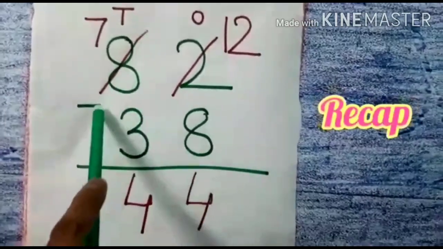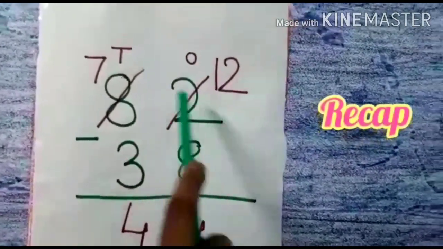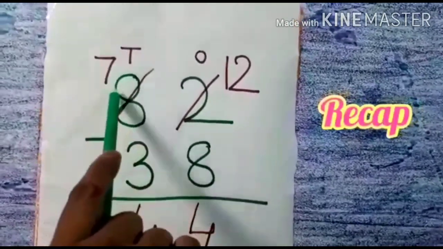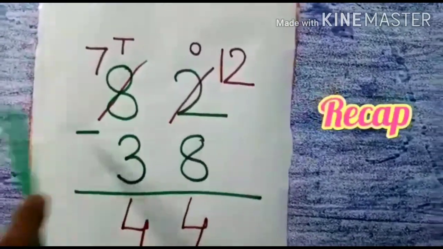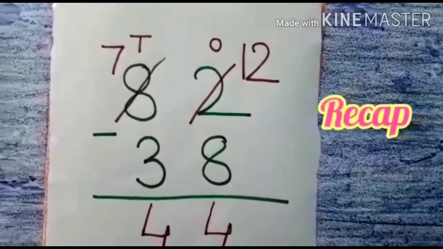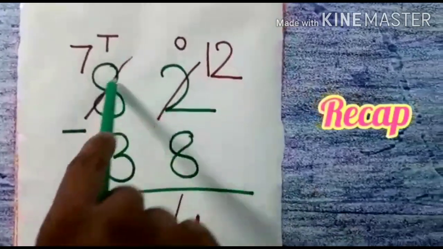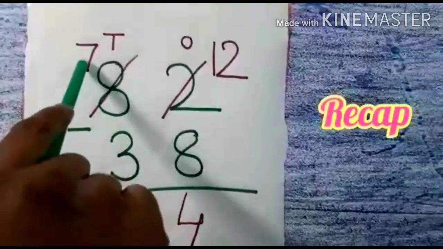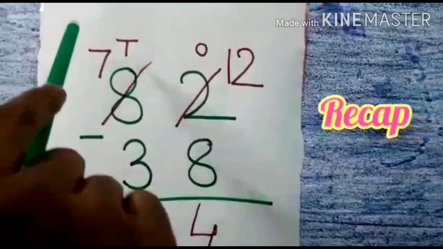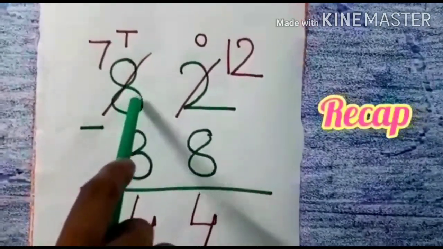We have already borrowed 1 ten to the ones place digit. So we have to cancel the tens digit number and write the previous number. So here I have cancelled 8 and I have written 7, because I have borrowed 1 ten